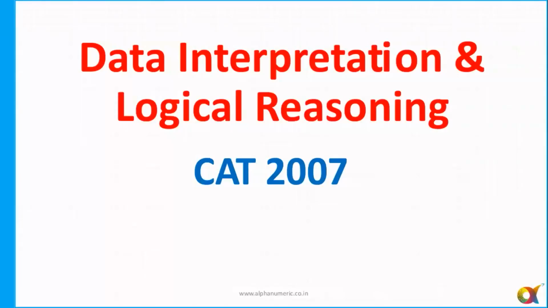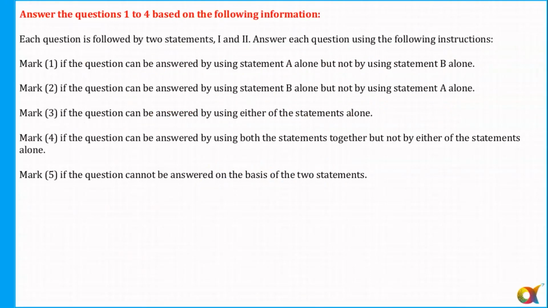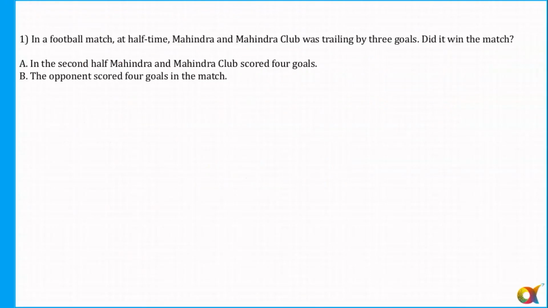All right. So first of all, I'm going to tell you the answer key of all these questions, and then after that we'll start with the discussion. Okay. So let's see. Question number 1 to 4. Question number 1. What is the answer for question number 1? Anyone? The answer for question number 1. Please tell me. The answer is option 5.